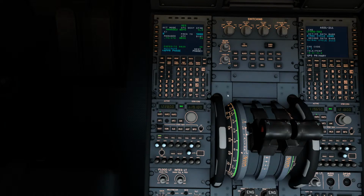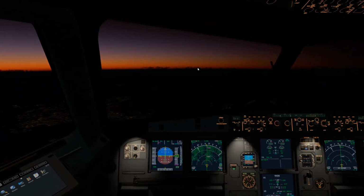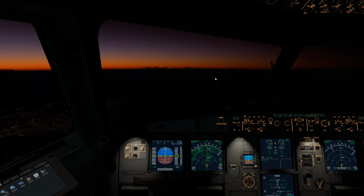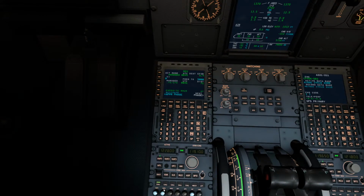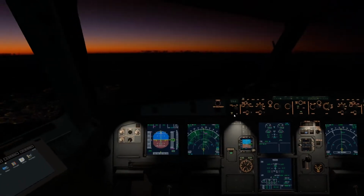Pond with mode Charlie on all ramps, taxiways, and runways. Advise on initial contact you have information Charlie. Atlanta Airport arrival information Charlie, 2352 Zulu. Wind 100 at 6. Visibility 10. Few clouds at 6,000. Temperature 26, dew point 14. Altimeter 3005. Simultaneous approaches are in progress. Visual approach runway 8 left. Visual approach runway 9 right. Visual approach runway...